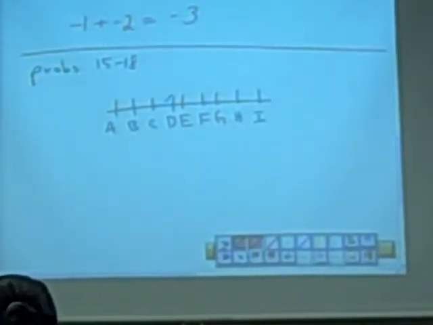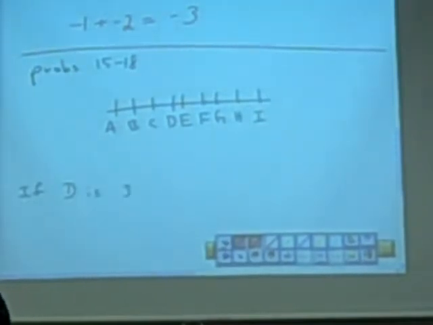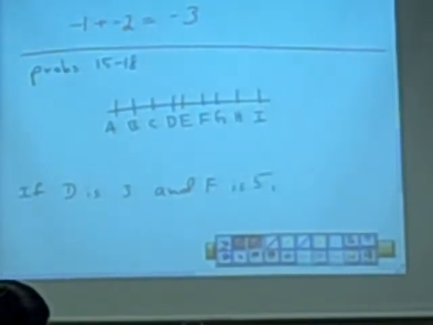And we want to assume that these are all equally spaced apart. And we want to say if D, letter D, is 3 and letter F is 5, then what numbers